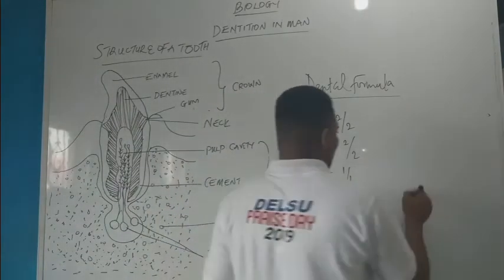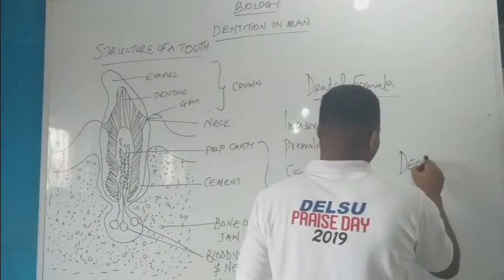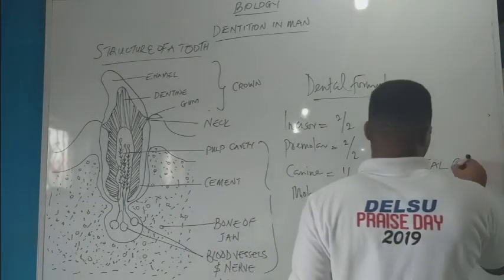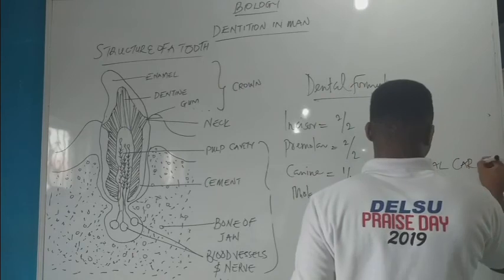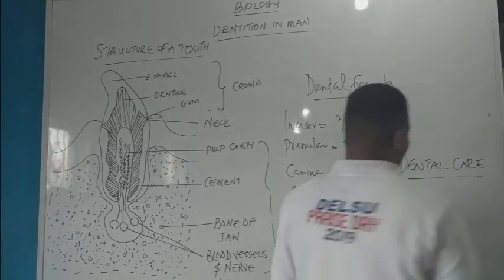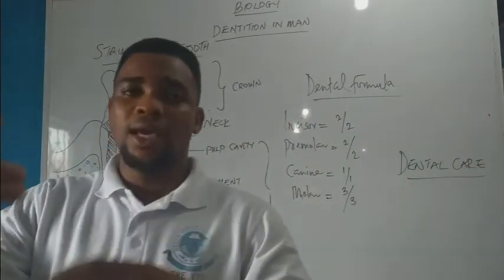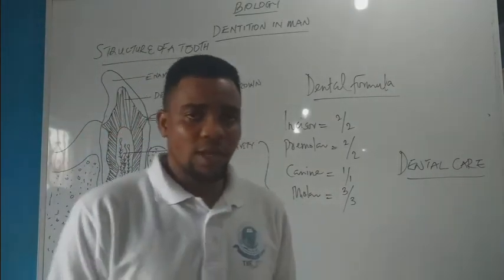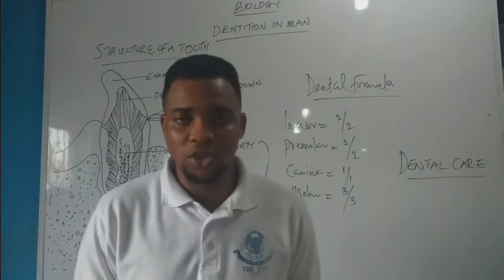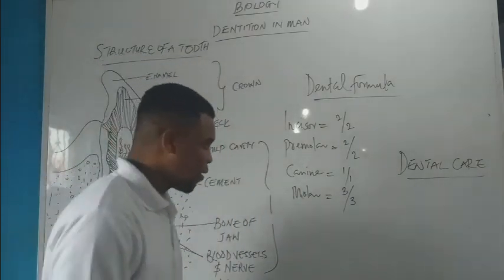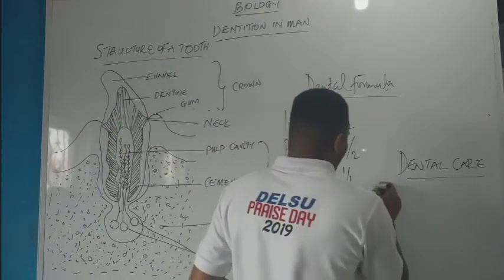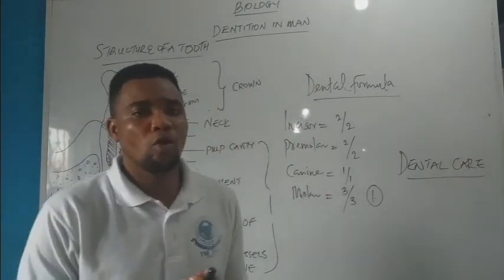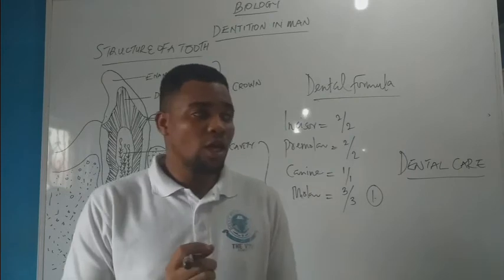Now we're going straight to dental care. Dental care involves the use of dental medication and supplements in order to treat the teeth. One use of dental care is that the teeth should not be used to open the cork of a glass bottle. It could cause